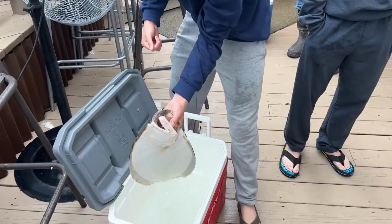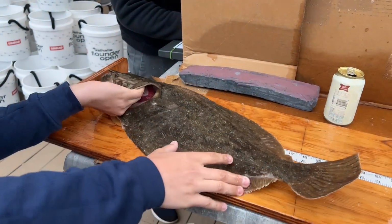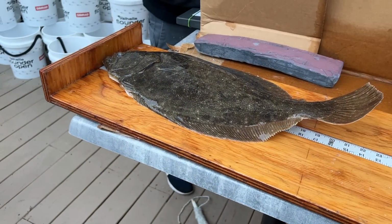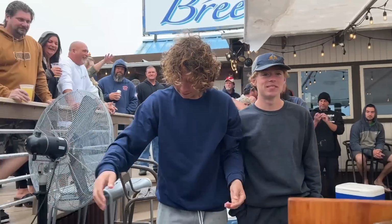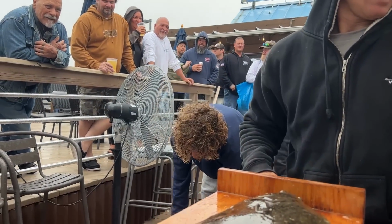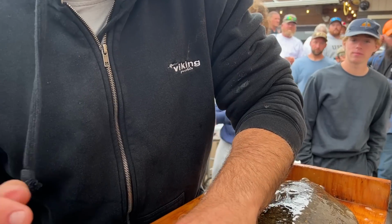The young crew of the Awesome Sauce weighing in a 4.62-pound birthday fluke this past Saturday in the Valhalla Flounder Open on the Bass River. 53 boats, 117 summer flounder were weighed in with a unique slot segment. First time I've heard of this, taking advantage of that slot, but some special prizes for the top slot fish